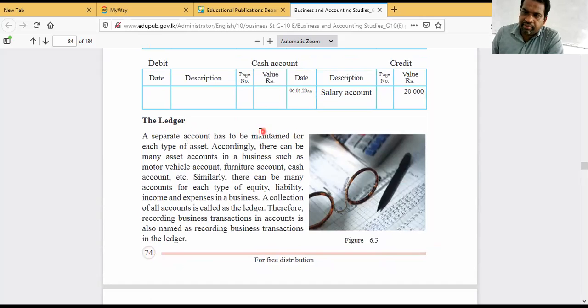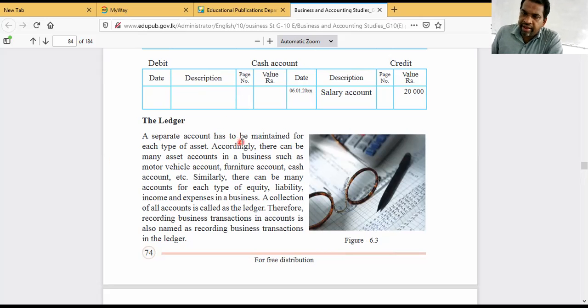Right. The ledger. Ledger is a place where we maintain all the accounts of a business. Earlier, I told it can be a computer system, a book, or sometimes a company on Oracle system, or sometimes a CD. Likewise, there will be actually a big ledger book. Nowadays, the ledger is not a place. It depends on the situation.